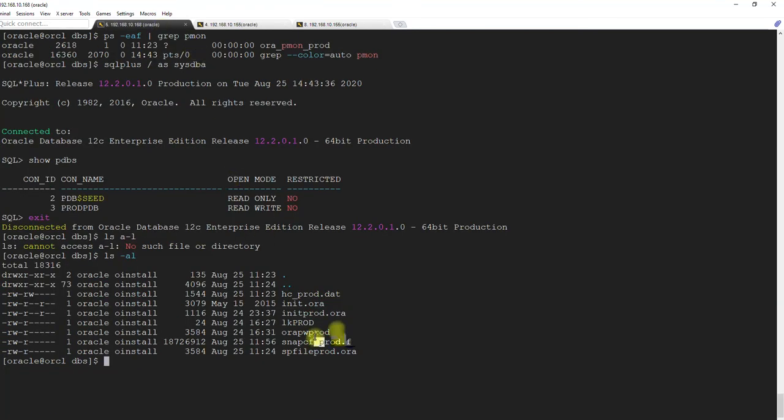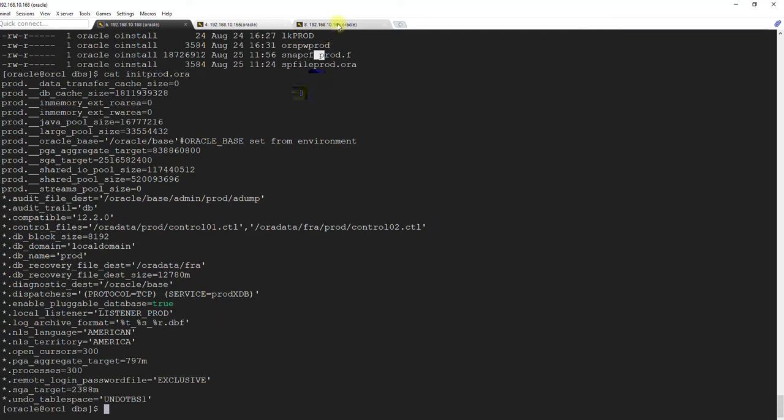One more important thing is, let's cat init prod. You see a lot of things here. I am mostly concentrating on the directory structure, because of the procedure Oracle and the Oracle binary follow, and that's how the duplicate command as well as the cloning command work, right?